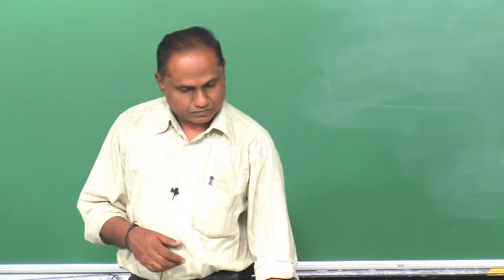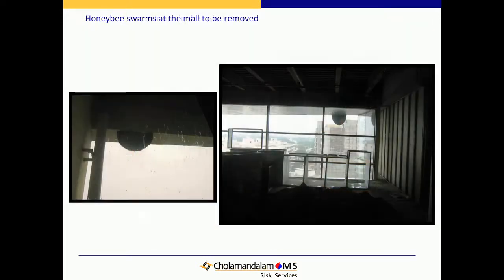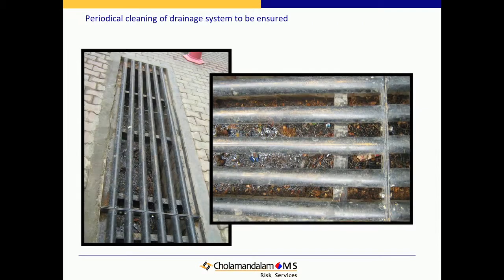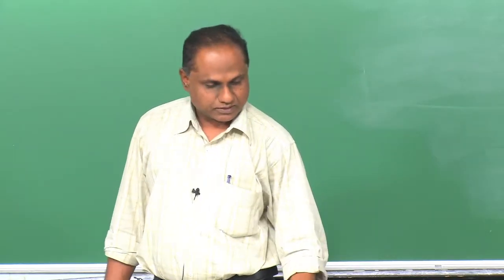So these are the things that you need to look into when you enter a mall. If you go underground, to the basement, you'll see the diesel is stored in a very haphazard manner, which can lead to fire. Drains, you can see, if anyone smokes and throws something in, that will also lead to fire. And in their warehouses where they store different cartons and other things, you can see a lot of loose wiring cables. This can lead to big major fires.